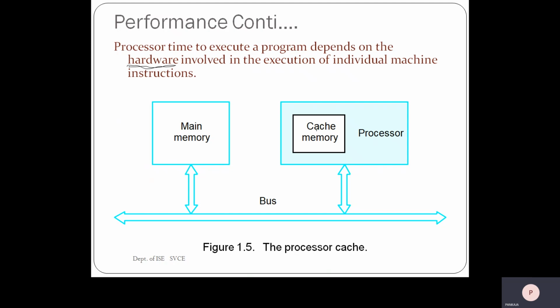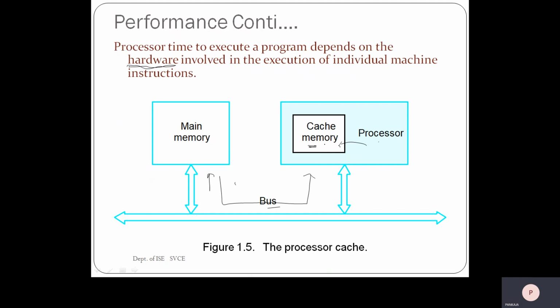It finds that the data is missing, then that request is sent to the main memory. In main memory, the requested data is transferred. Once it is transferred, a copy of that data is stored into the cache memory, and the same data is given to the processor. The same thing is going to repeat. For the next instruction, it is going to check in the cache memory. If it is not available, always when it is requested the first time, definitely the requested data is not going to be available in the cache memory.